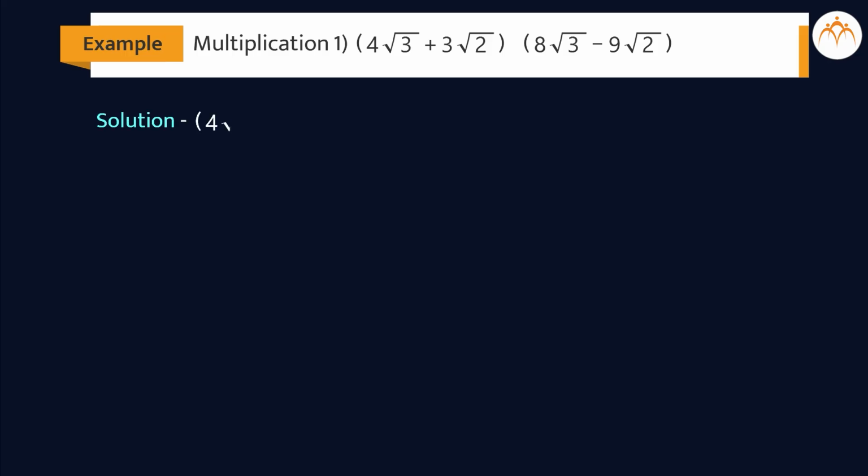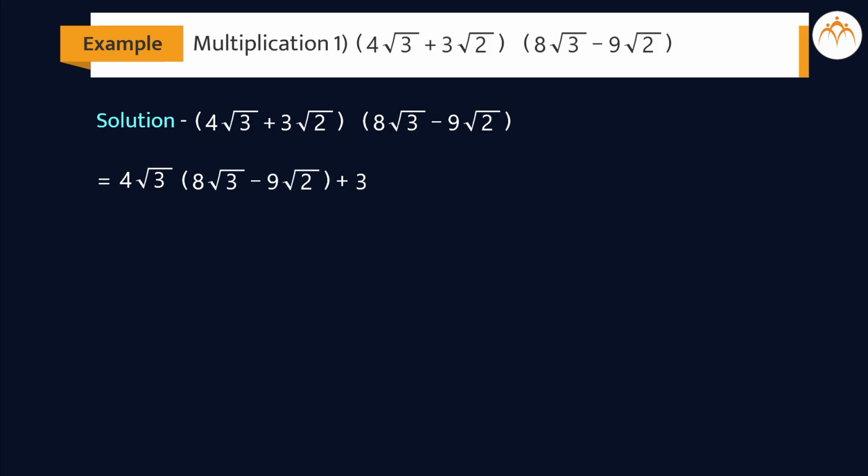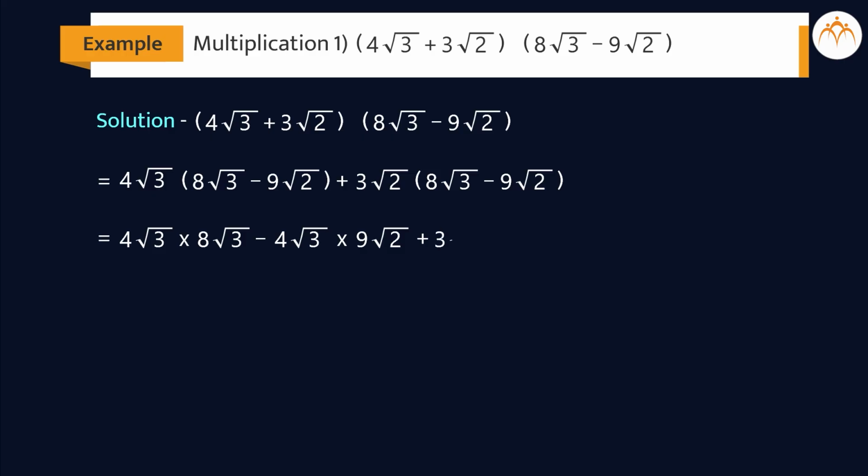Solution: 4 square root of 3 plus 3 square root of 2 multiplied by 8 square root of 3 minus 9 square root of 2 equal to 4 square root of 3 into 8 square root of 3 minus 9 square root of 2 plus 3 into square root of 2, 8 into square root of 3 minus 9 square root of 2 equal to 4 into square root of 3 into 8 square root of 3 minus 4 square root of 3 into 9 square root of 2 plus 3 square root of 2 into 8 square root of 3 minus 3 into square root of 2 into